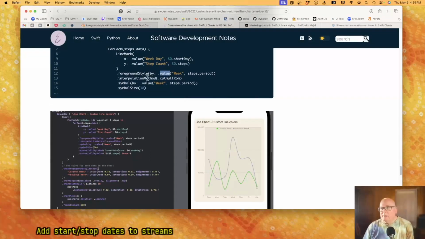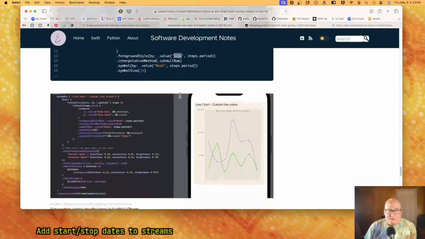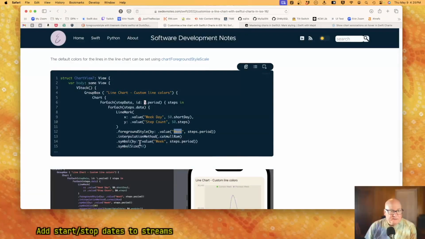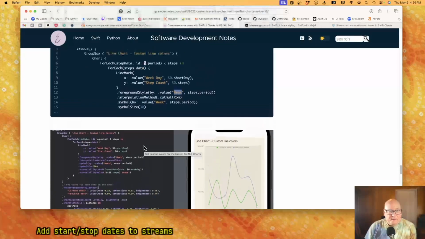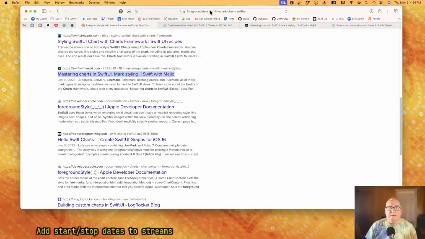Foreground style by. Okay, we've only got 5 minutes, so I guess I'll play with this the rest of the time. Okay, value. I don't know where those colors are coming from. Custom line colors, symbol by. Symbol size interpolation. I mean, it must be coming from this. Foreground style by.